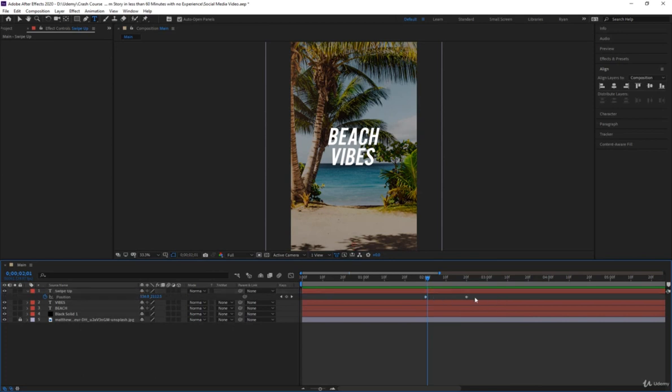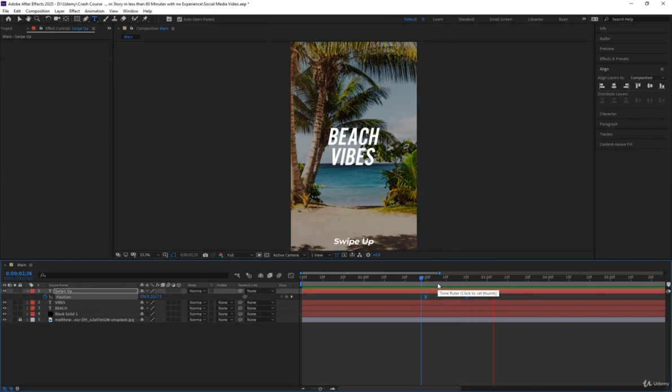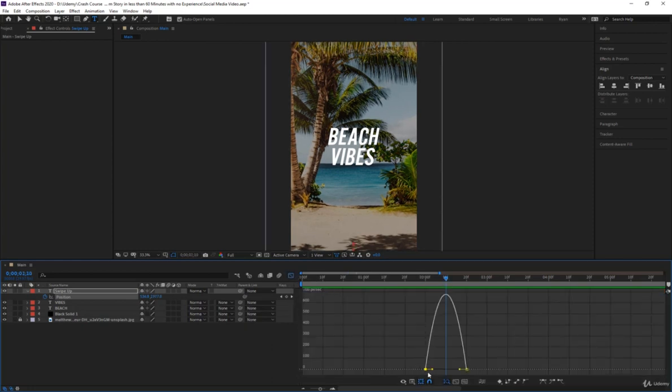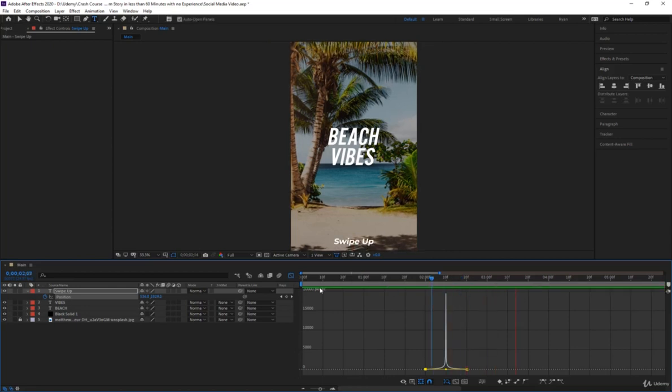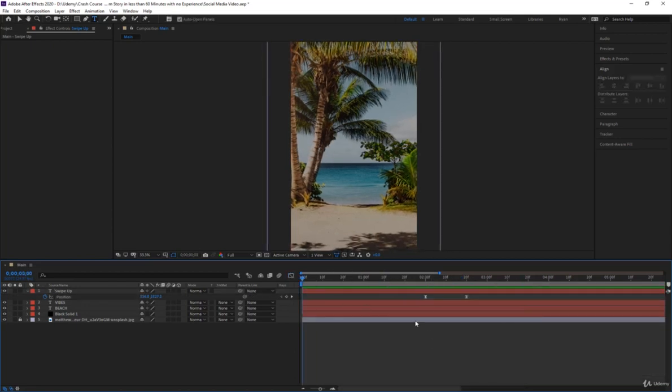And then we're going to do the same. Select both the keyframes and press F9. And now it's got like an eased sort of animation. And then we can go into the graph editor, and if you drag it towards the start, most of the animation happens and it's got the brakes on. If you drag them both towards the middle, it kind of gives you that jerky animation, which I really like. So now if we drag to the start of the timeline,